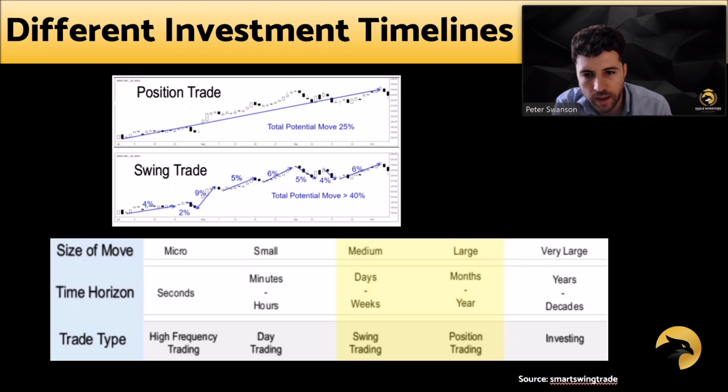You see position trading here depicted with the same price movement, but just broken down into the position trader seeks to buy and hold the entirety of this movement up before it starts to reverse on a larger scale. And long-term investment is essentially the same, just maybe a longer time horizon than within 1 year. They might hold it for even longer than a year. They may use fundamental analysis to look at the general health of the company to determine this. They also might use technical analysis to find entry.